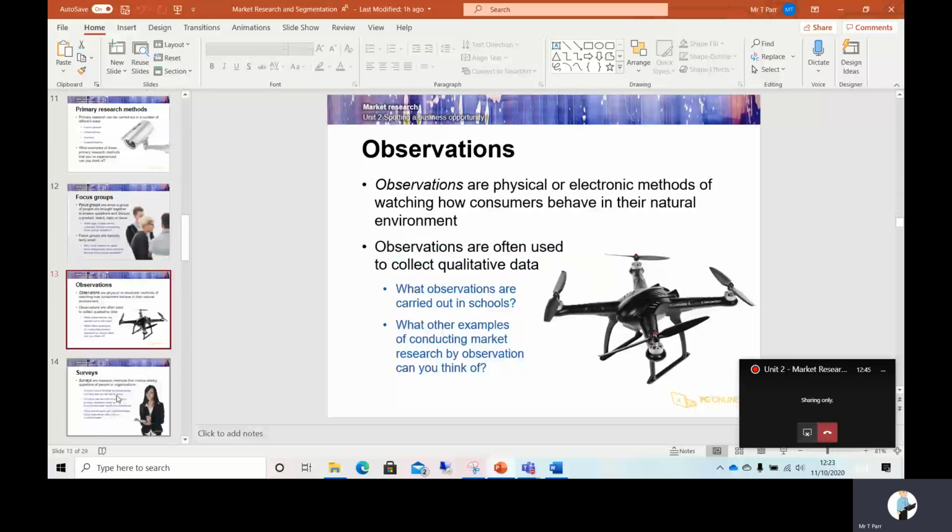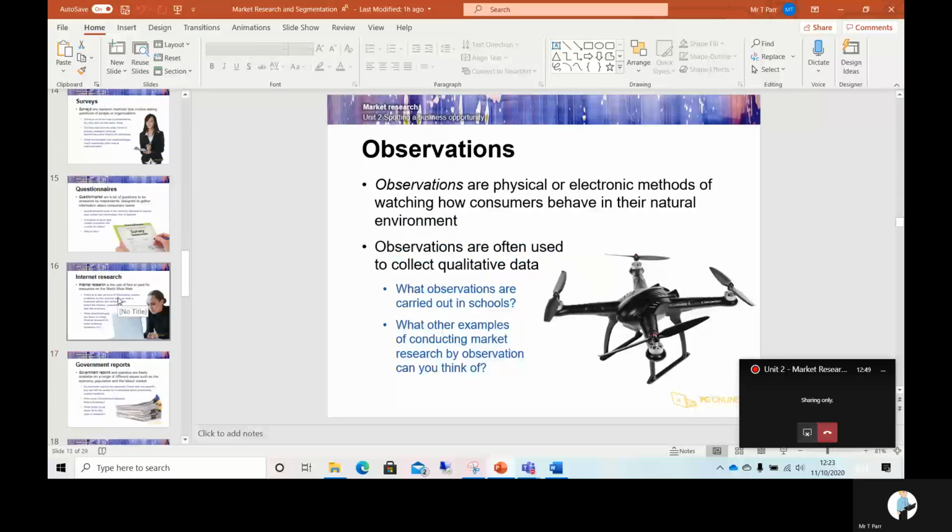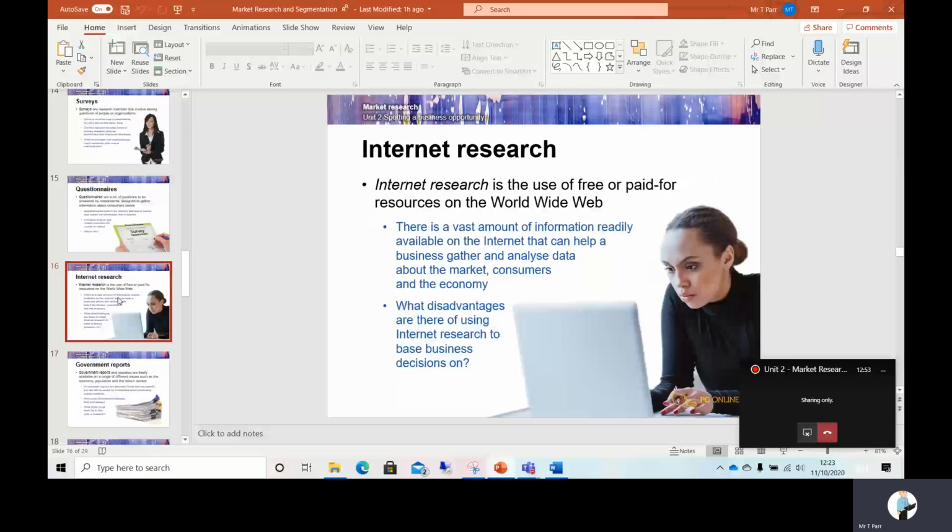Okay, gone through all that. Now, secondary research is where you're accessing research which has already been done. So this is probably information you're finding from the internet. It could be looking at